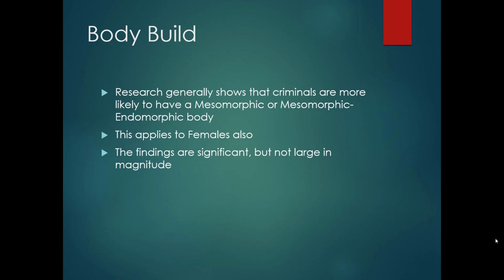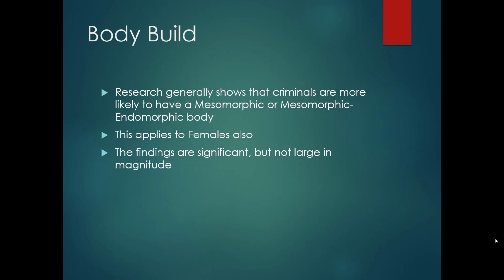Also, it's entirely possible that once people go into institutions, as you may know, a lot of institutions require even adolescents and adults to work out, to run, so there's a lot of fitness. So in other words, an ectomorph might enter an institution and start looking more like a mesomorph by the time Sheldon came and measured him. But in any event, this particular theory was popular for a very long time.